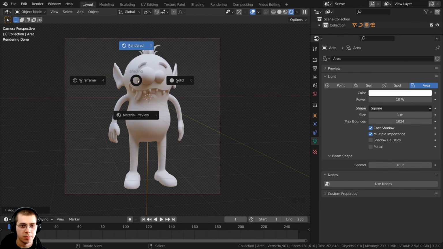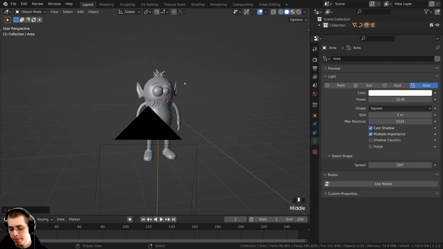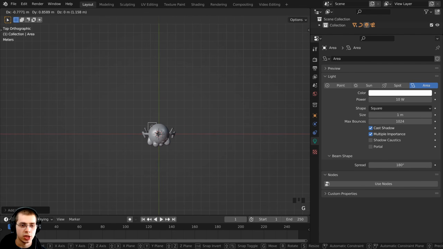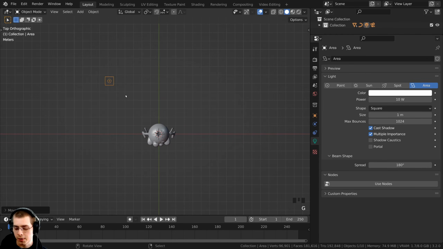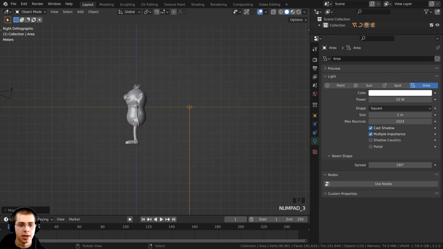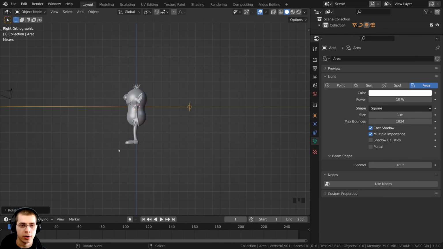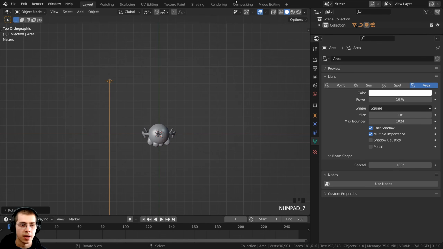So I'm going to hold down the Z button, go back into the solid view, and then I'm going to press 7 on the numpad. That's going to go to top view. And I can press G to grab. I'm going to move the light over, and then let's press 3 on the numpad for side view, and I can kind of rotate the rim light, rotate that up so it is pointed at the character, and then you can hit 7 on the numpad for top